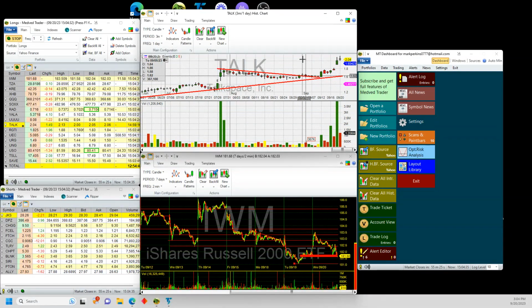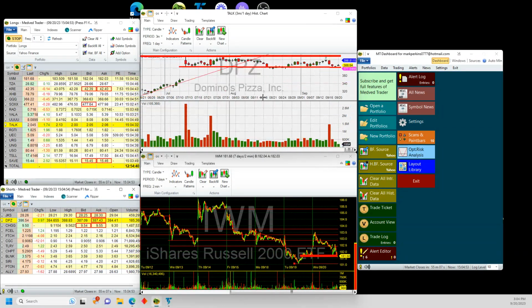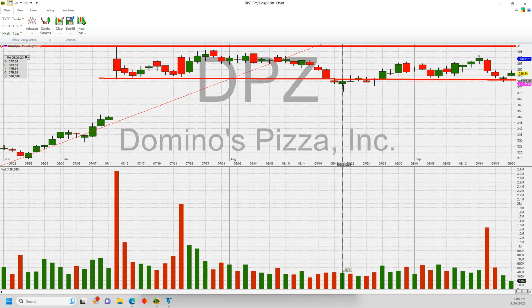I think it's probably gonna sell off here and go sideways. Like I was saying, it's already had its percentage move, what it usually does. But I like it long term too, or longer term. And I'm watching the dominoes, waiting for these levels to crack. If it gets a good break below 377, especially 377, that's a good